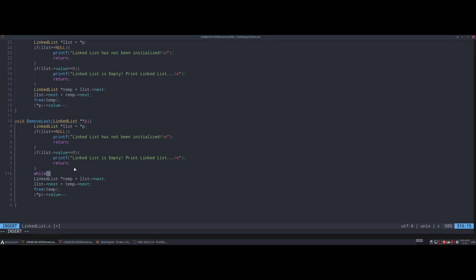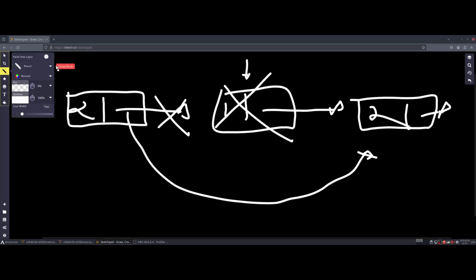So while we have to reach almost the end of the list, because the list needs to have at least one element. So while the linked list next is different from null. So in this case, what we're doing here to remove the last element is